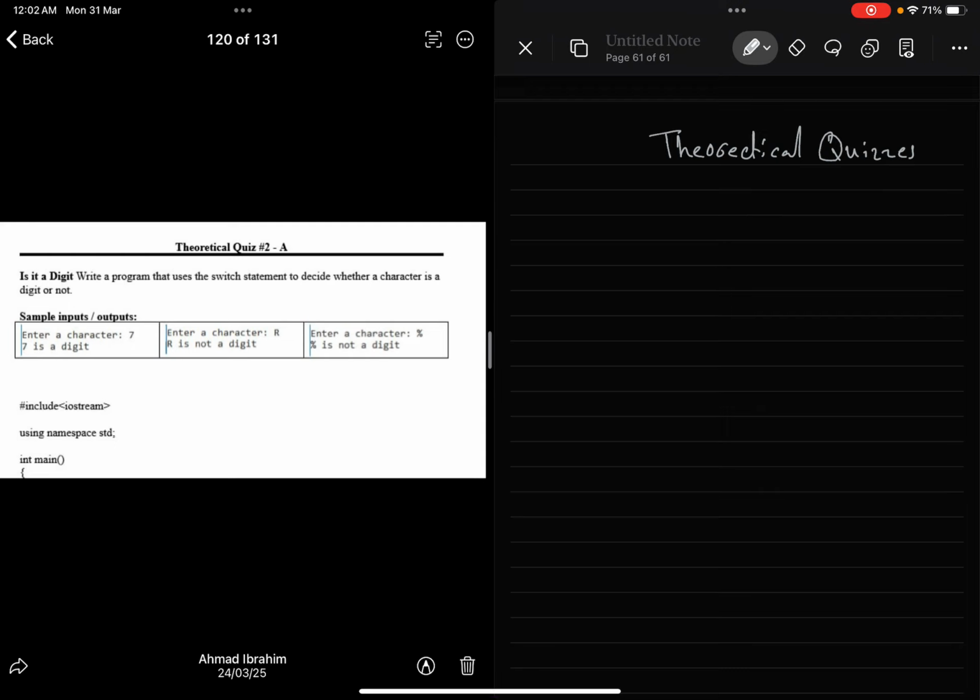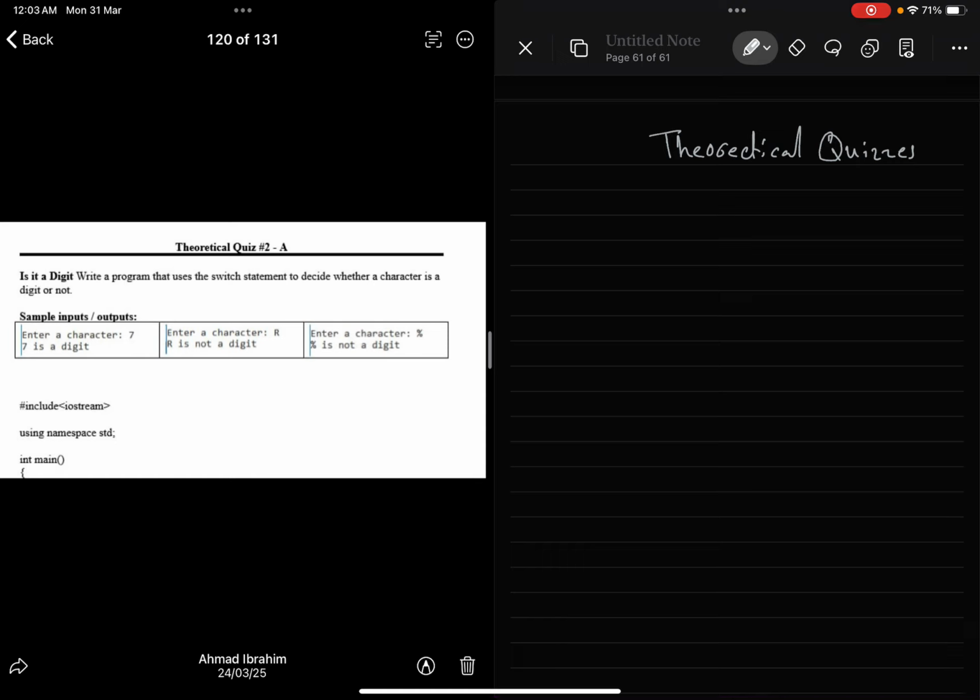And this question is a digit. So write a program that uses the switch statement to decide whether a character is a digit or not. So we have the sample input and output, which is, it says enter a character, so I enter 7, and it says 7 is a digit. If you enter R, which is not a digit, so